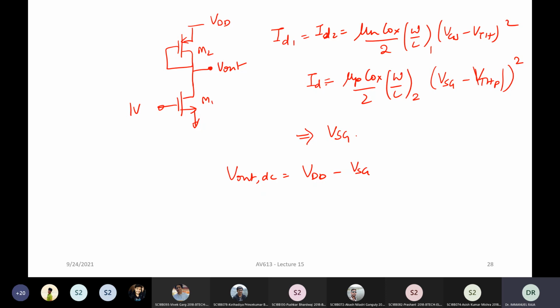But these are important things, because many of the things that I asked you are the fundamentals. Even if you go to the industry, you should be able to look at, for example, that two current paths are there. You should know how to formulate expressions. For example, this question on the common source, you should be able to look at a circuit and find out, okay, this is the gain, this is the bandwidth, this is how the noise will behave. You should just look at the circuit and be able to quickly tell. Of course, for the purpose of the exam, we do these hand calculations with square law models. In practice, we depend on simulators, but the concepts all remain the same.